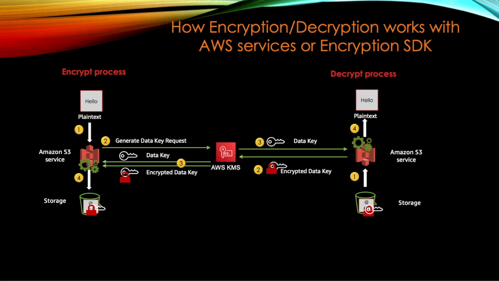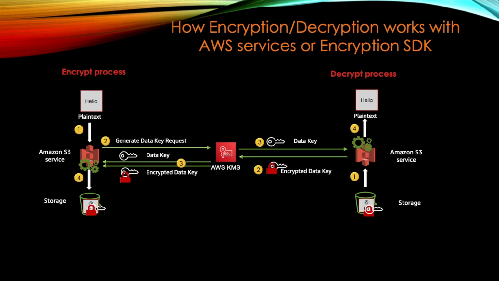Let's take an example: you are uploading a plain text file to S3. The moment you upload that file, if encryption is enabled for the CMK, S3 is going to send a request to KMS: hey, can you give me a data key? KMS will give you back two keys, the data key and the encrypted data key. The plain text data key, which is not encrypted, will be used to encrypt your file,